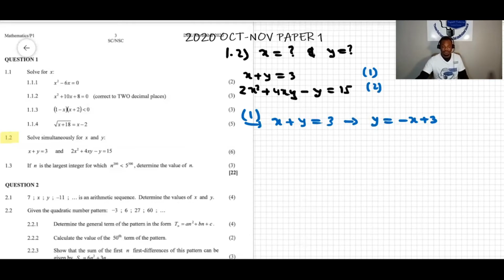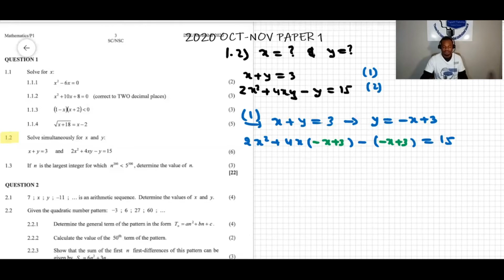Now I want to take this value of y and substitute it into the next equation. So instead of writing 2x squared plus 4xy minus y equals 15, I'm going to substitute the value of y by negative x plus 3. So it's going to be negative x plus 3 and negative x plus 3. You can notice now that equation 2 is expressed in terms of one